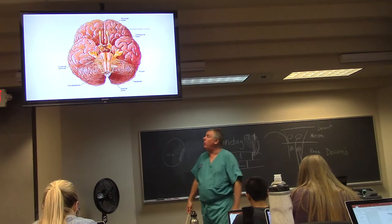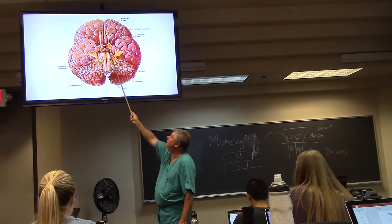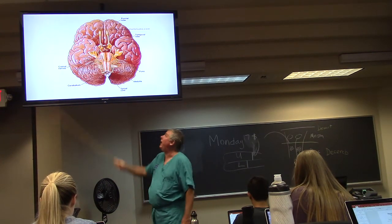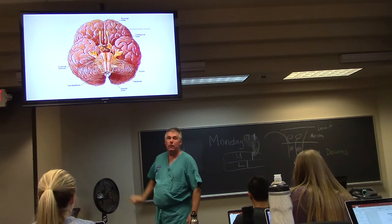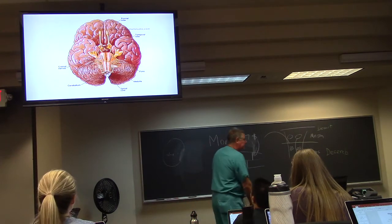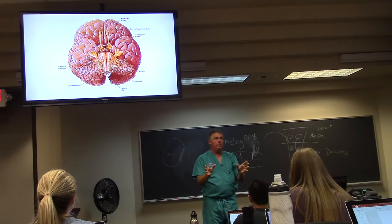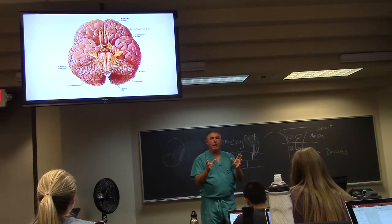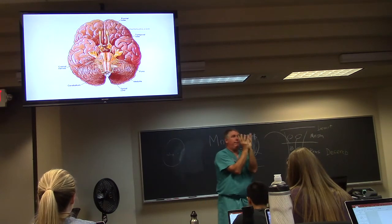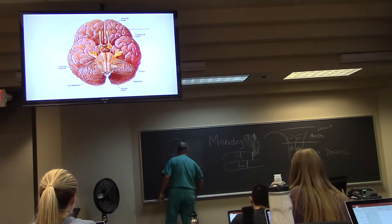If we look here, where we're talking about right here, there's the mammillary bodies right there. There's the stalk of the pituitary. That's the hypothalamus right up underneath there. Since it sits there, you've got the thalamus at the top of the ventricles and the hypothalamus at the bottom. What you have to envision the hypothalamus as is a funnel. So if I've got a funnel here,